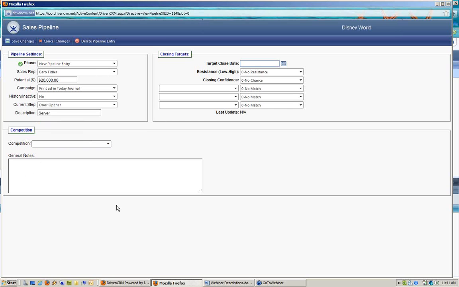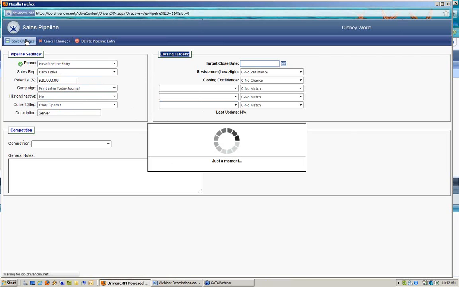Now, you can identify some other information of competition and closing targets within this pipeline as well. However, it's not required to get it started. Maybe this is all the information that I have to begin with right away, because I am still at the door opener step. I haven't identified any of these other pieces of information yet. So I'm going to save changes there,